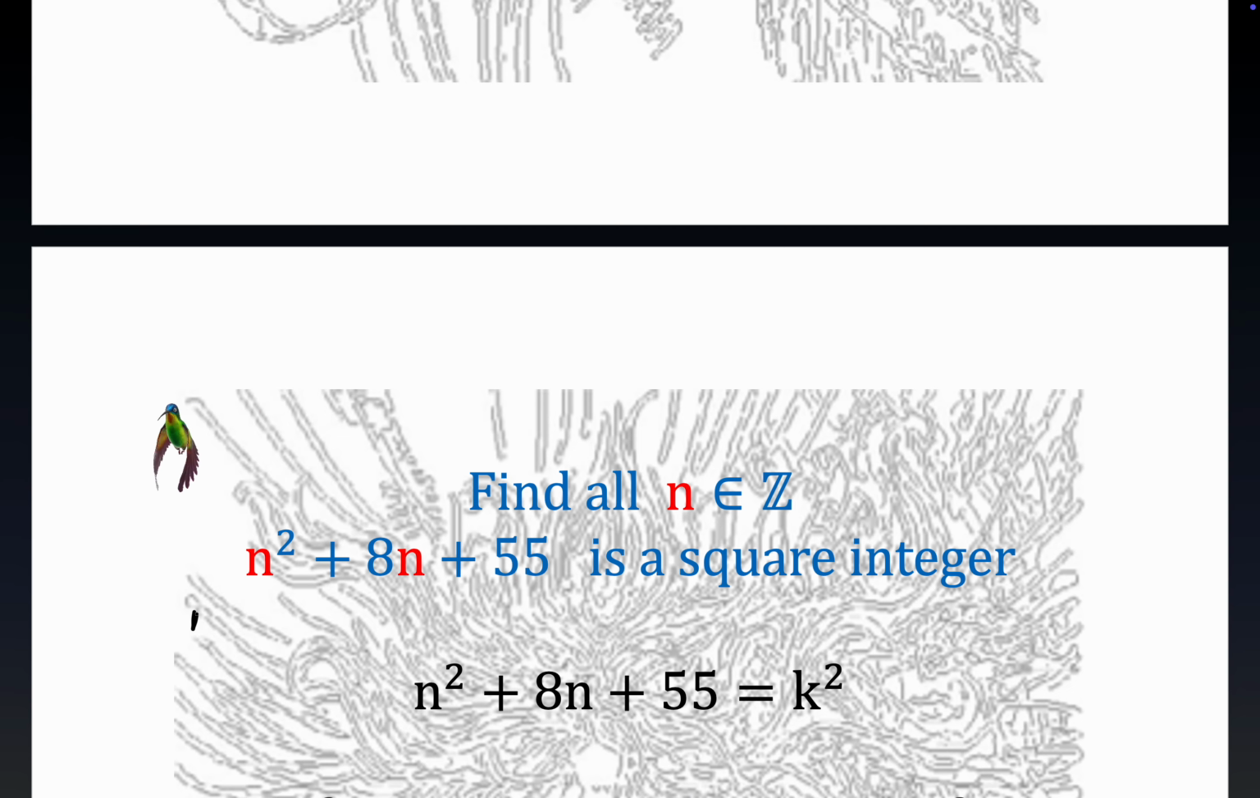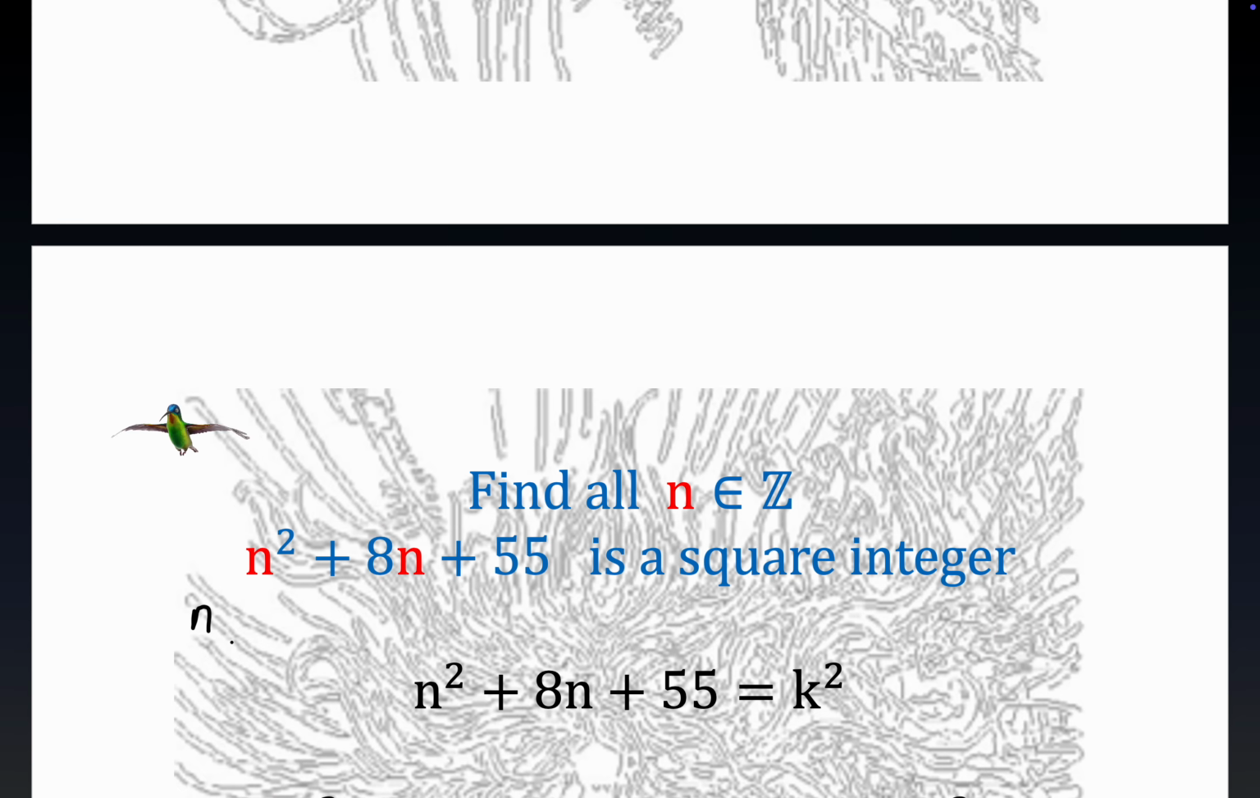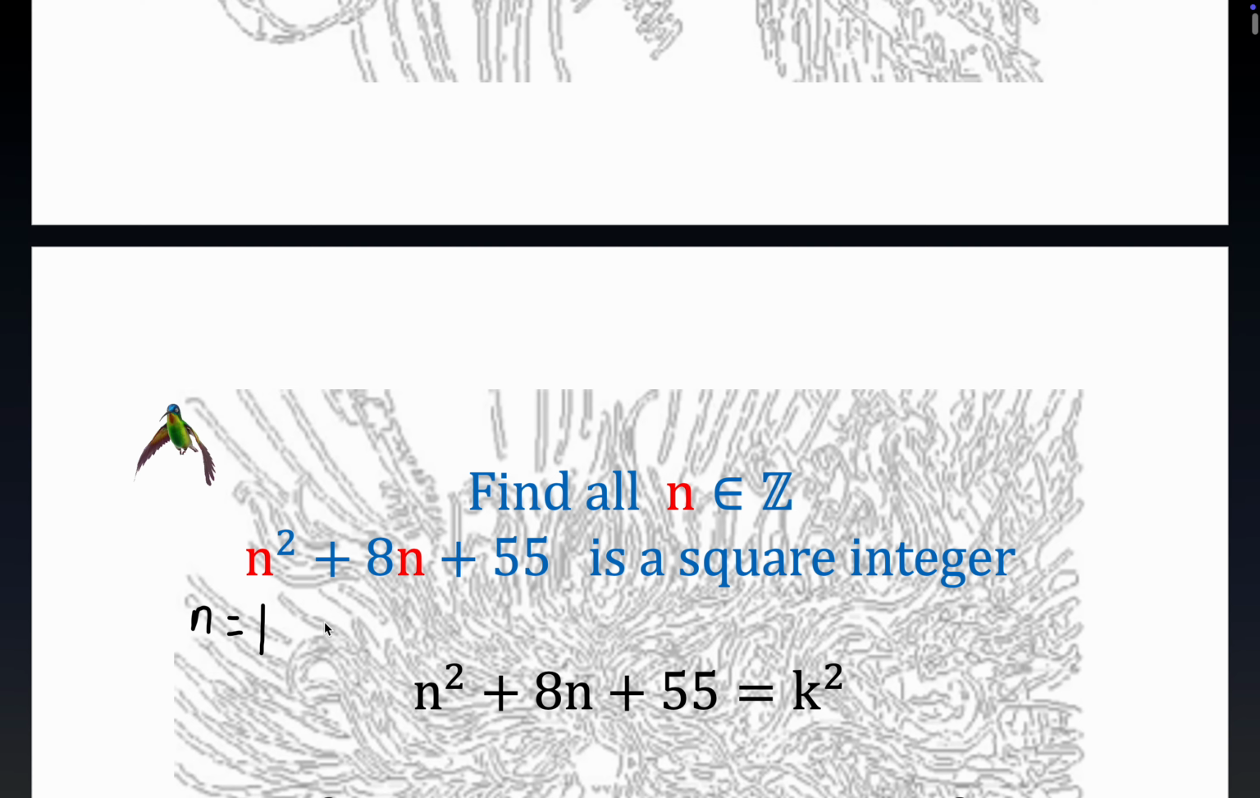We're looking for all integers n such that the expression n squared plus 8n plus 55 is a square integer. Some people call that a perfect square. Now take a look at what happens here in the case n equals 1. This is just an observed thing. We get